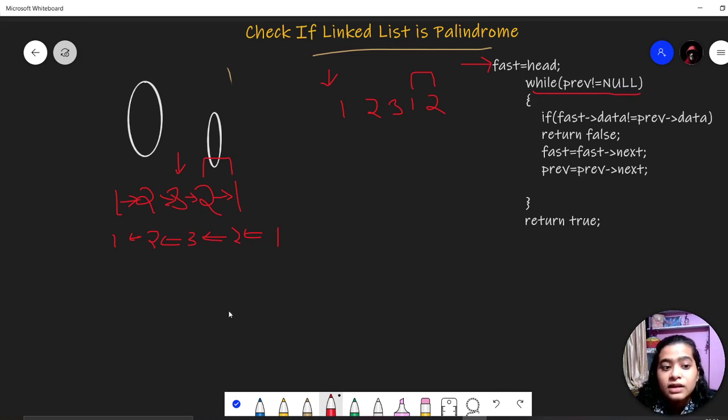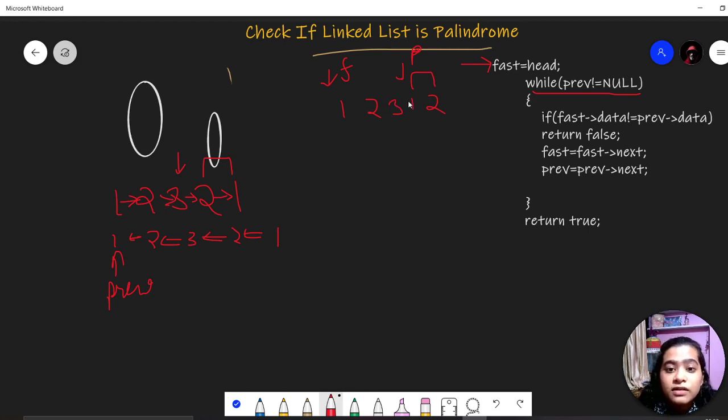So we are reversing after mid plus 1, so the previous pointer will point to mid plus 1. This is the fast pointer and this is the previous pointer. And now we will check if fast data is not equal to previous data, then we are returning false.